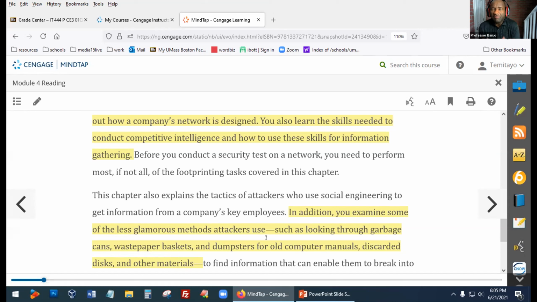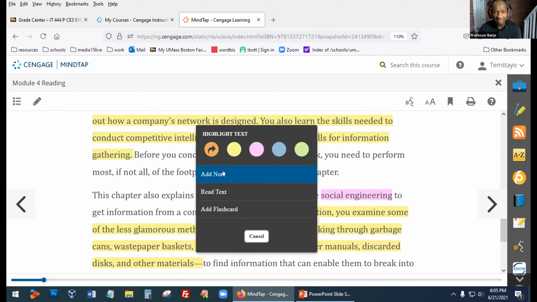And if they grab that information, is there any information in there that can potentially be used against me or against my company, against my employer? So a lot of these activities fall under the broad heading of social engineering, and also footprinting.